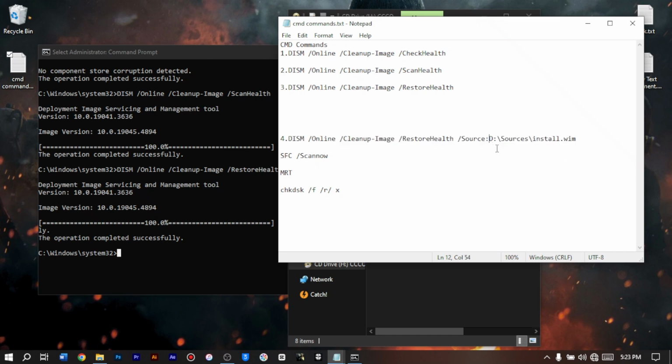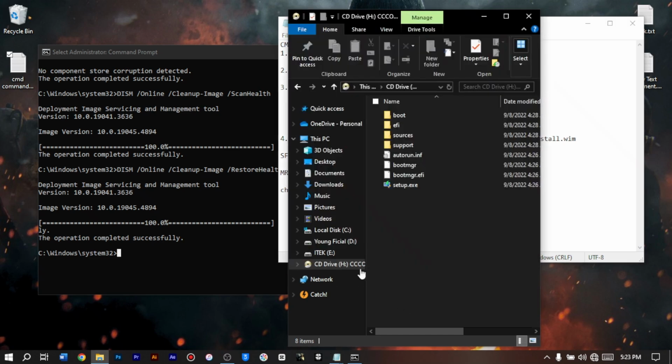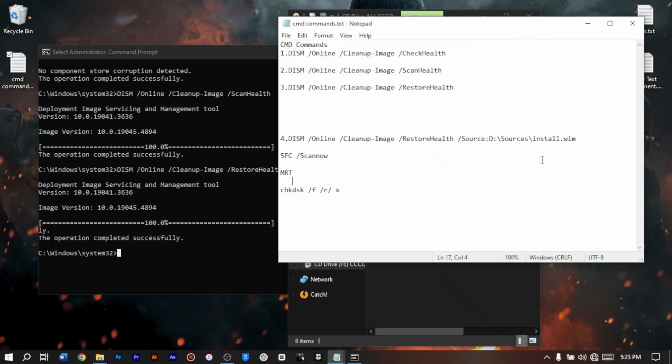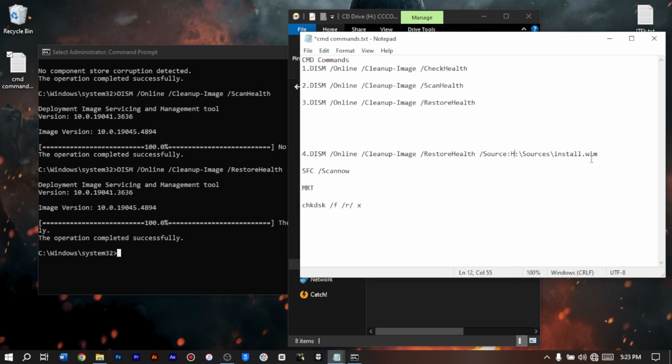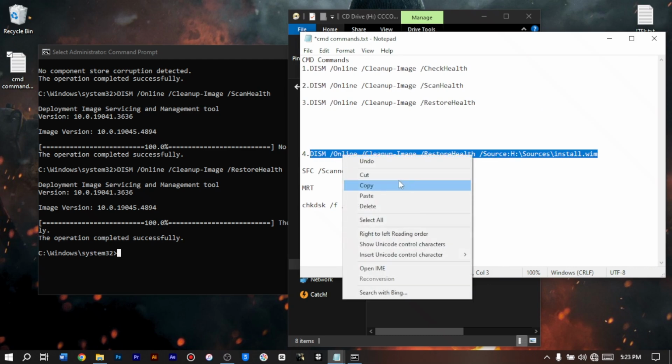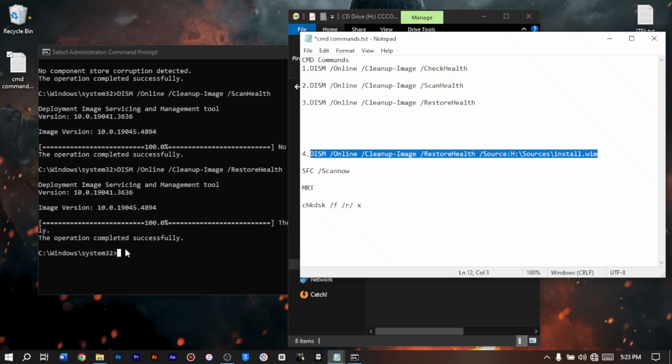As you can see here, the source here is letter D, but for the mounted ISO it is H. So you change the source name to the name of your mounted image. So I will change the letter D to H. After changing the name to the mounted image, and then you copy the command